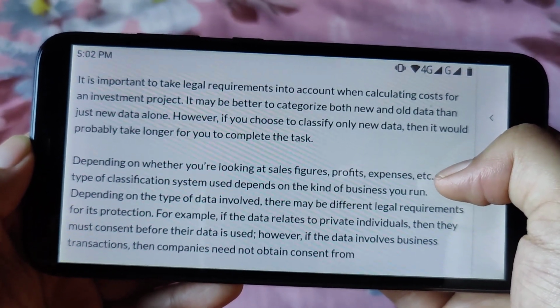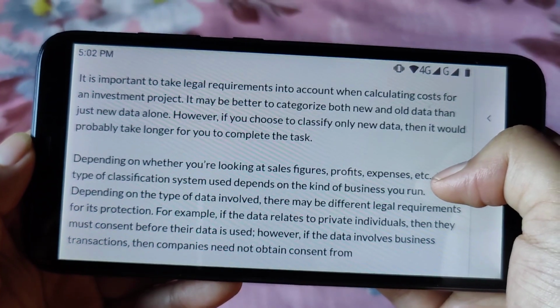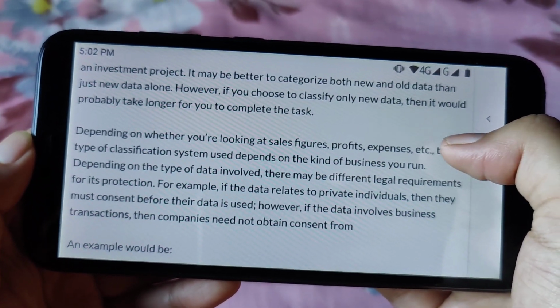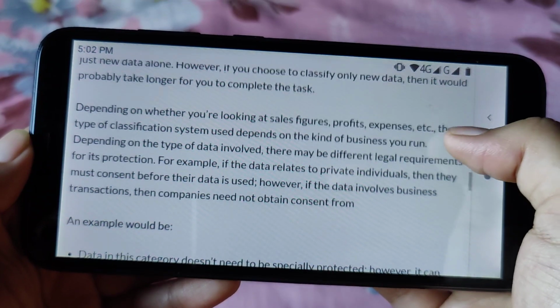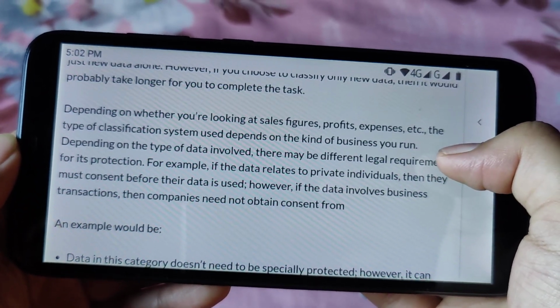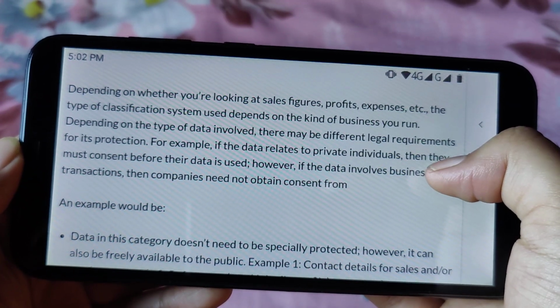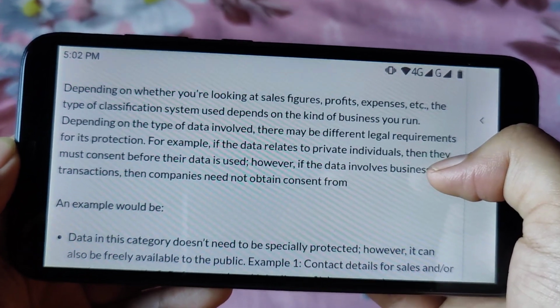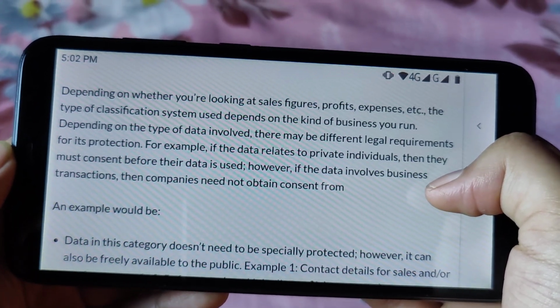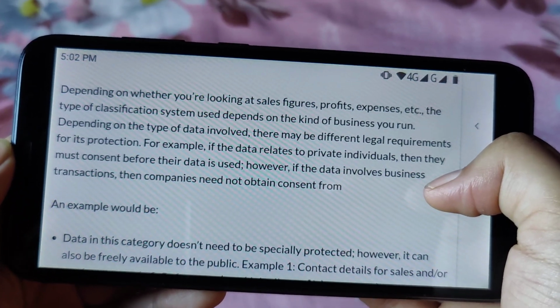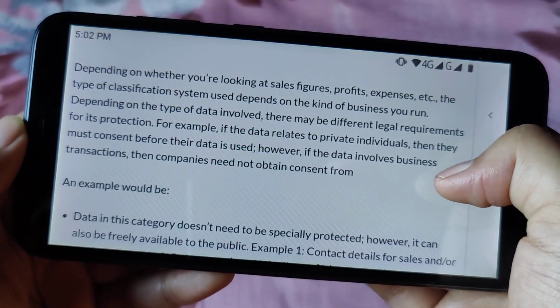However, if you choose to classify only new data, then it would probably take longer for you to complete the task. Depending on whether you are looking at sales figures, profits, expenses, etc. The type of classification system used depends on the kind of business you run. Depending on the type of data involved, there may be